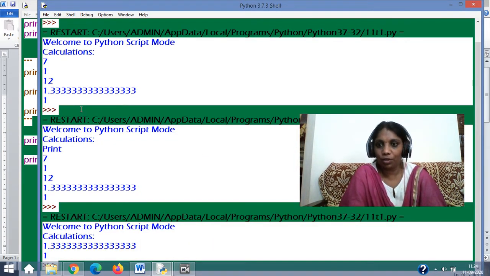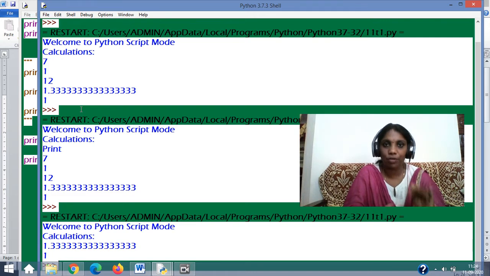Those three commands are not here. What I did, typing double quotes three times, is called a multi-line comment in Python. When I put a multi-line comment, those commands are hidden or deactivated in that particular script. Other lines which are not commented will be executed. The lines which you have put in the comment will not be executed.